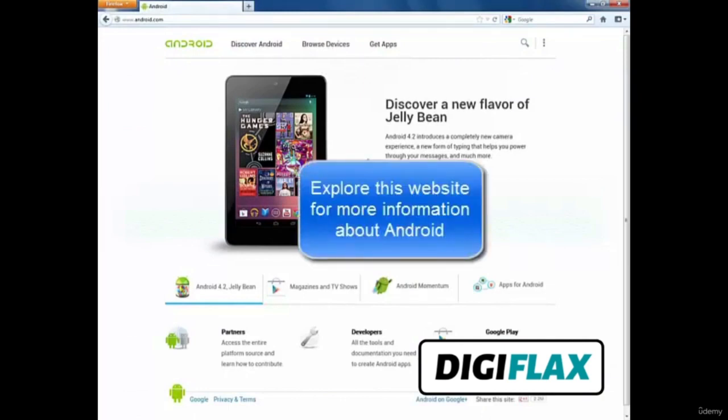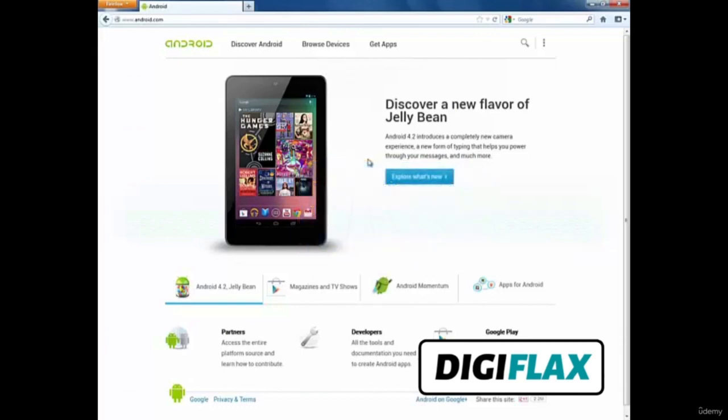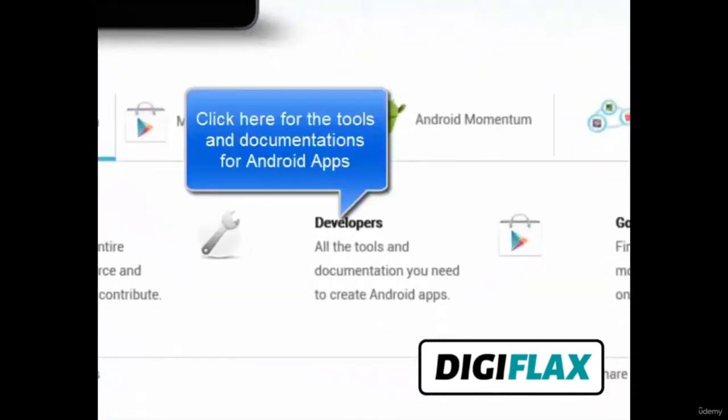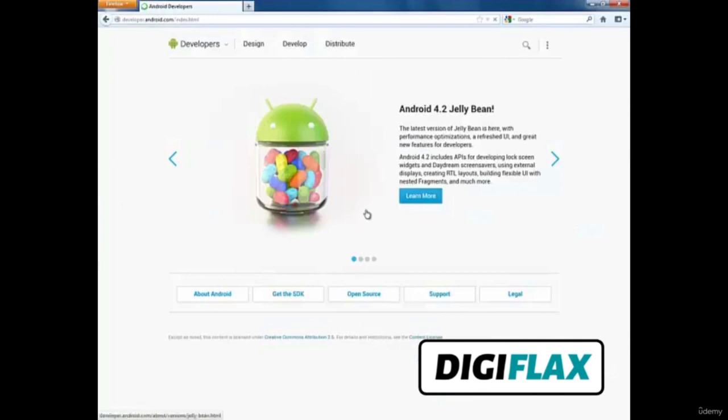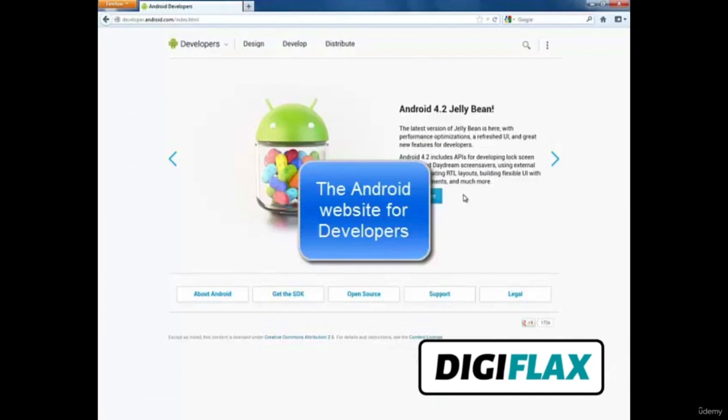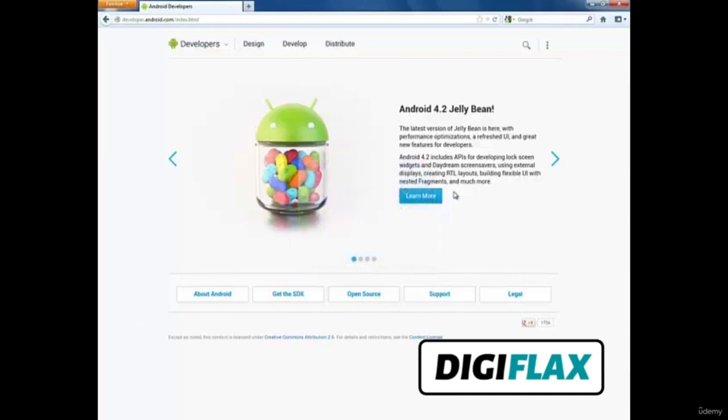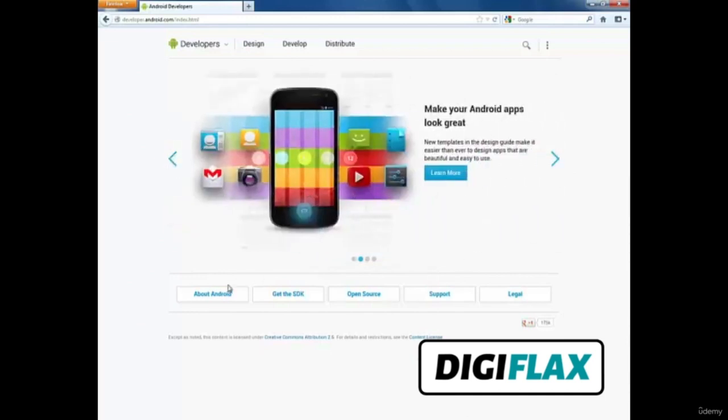Here you can find various information about Android, but our interest is in development, so we will be going to the developers link, which is developer.android.com. Here it is. You can see all information is given about Android and its development, about Android and get SDK,